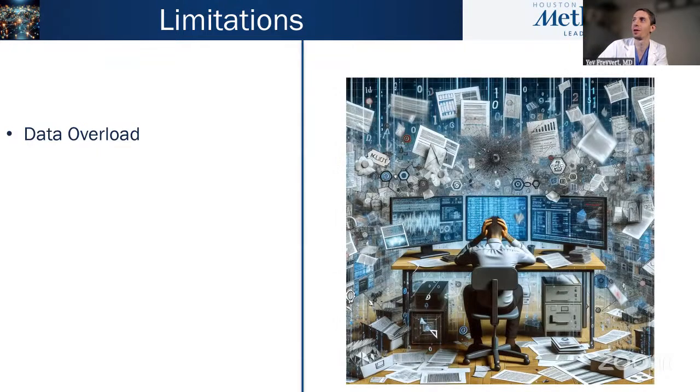This is an AI generated picture of what AI thinks data overload looks like, and these studies were just a small snippet of everything that's out there, and there's so much more work going on. I think inevitably at some point in the future, all of this will be consolidated and we'll have a truly useful data output. But I think we're at least a few years away, if not longer, from true practical application of all of these